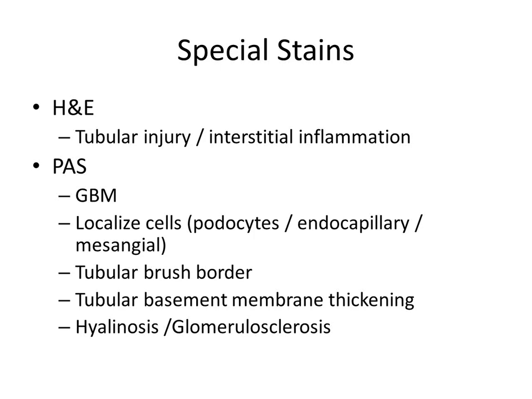For H&E, I really think it's probably only good for assessing tubular injury and interstitial inflammation. I think it is almost pointless for looking at glomeruli. So if you have a dog with proteinuria or some other evidence of glomerular disease, maybe red blood cell casts in the urine, and you're only evaluating with H&E, I think you're doing a disservice to that patient. You should at least do my favorite stain, which is the PAS. And don't do it just because it's my favorite stain. I just had to say my favorite stain there. The PAS is going to help you evaluate the glomerular basement membrane.